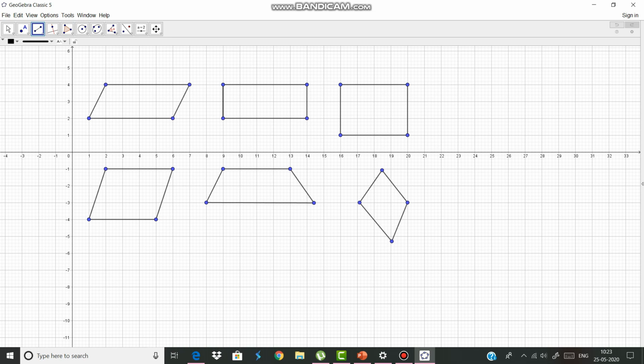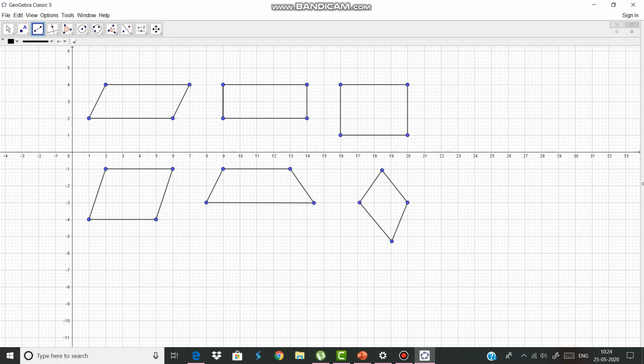In a trapezium, this is a trapezium. In a trapezium, these two lines are one pair of opposite sides, only parallel. In a kite, adjacent sides are equal, and the second pair of adjacent sides are equal. So these special criteria are there for the 6 types of special quadrilateral.